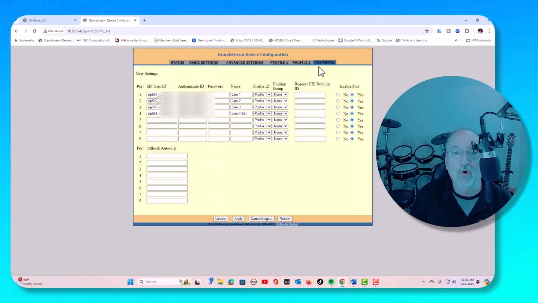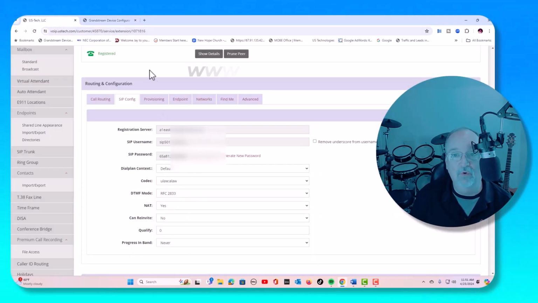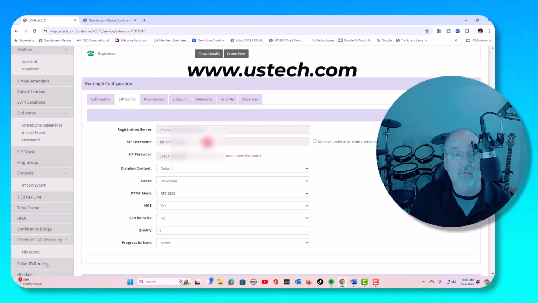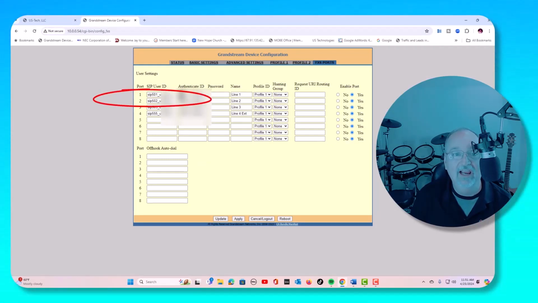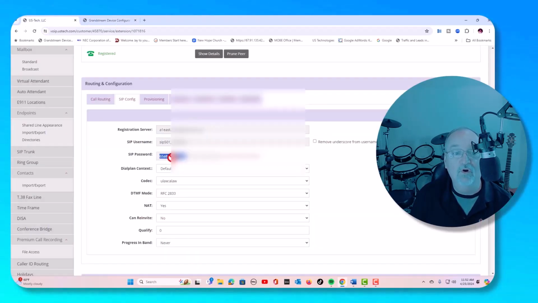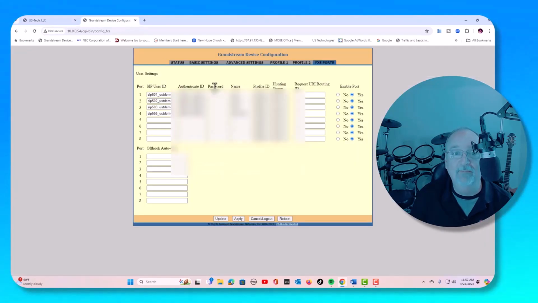Next thing, go over to FXS ports, and we're going to go back to our US Tech portal. We're going to copy the username and the password, so we'll copy this and we will paste it right here and right here. We will go back and get the password, copy it, and we're going to paste the password